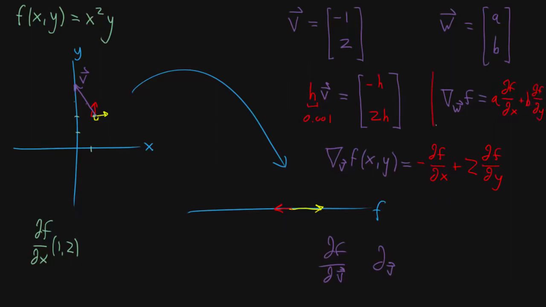And this is it. This is the formula that you would use for the directional derivative. And again, the way that you're thinking about this is you're really saying, you take a little nudge that's a in the x direction and b in the y direction,